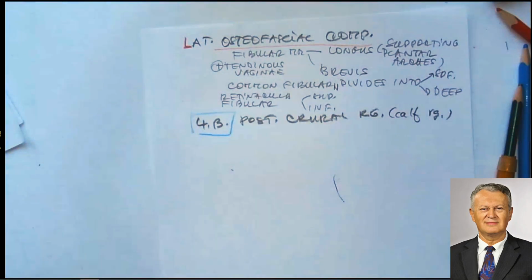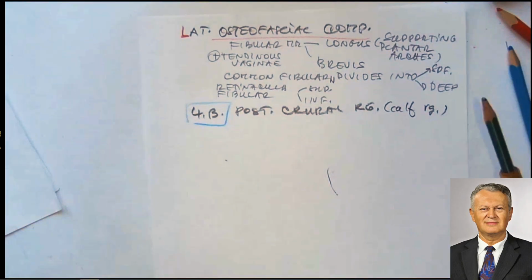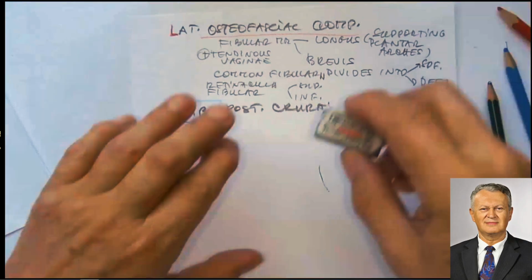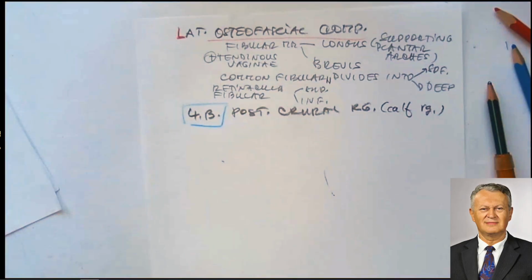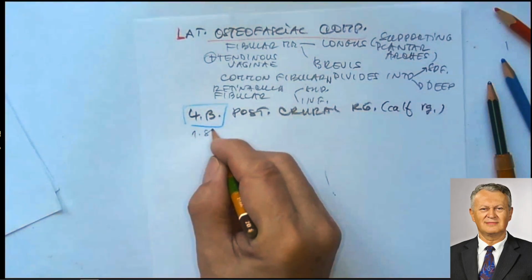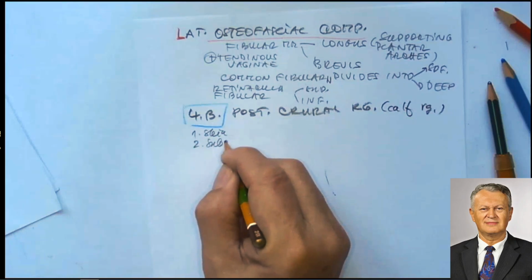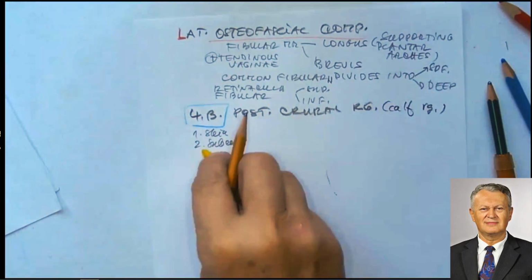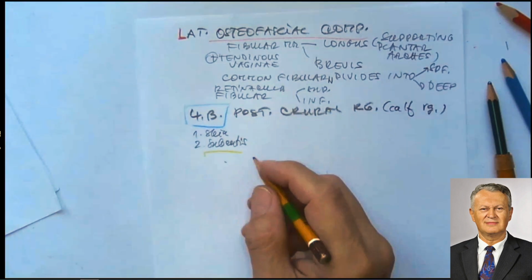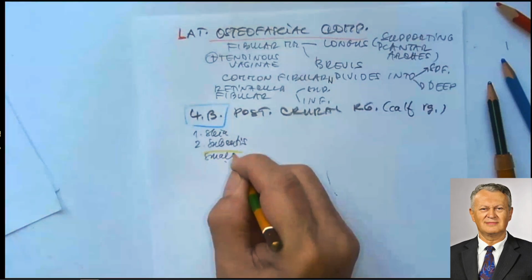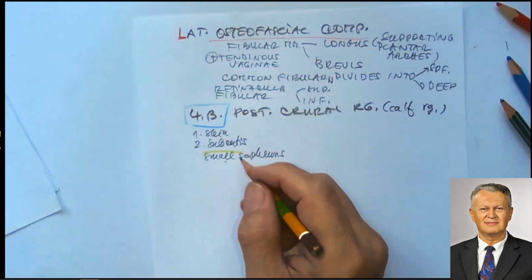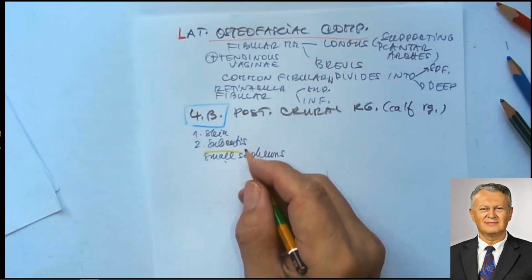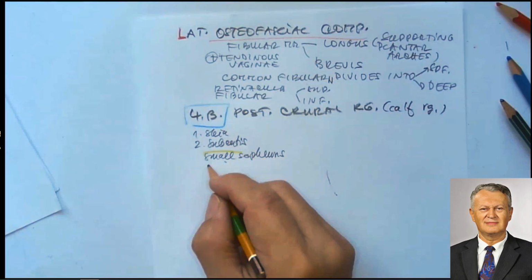And the posterior region, we see just some structures. Maybe it's not necessary to mention everything, just some words. Number 1 is relatively thick skin. Then number 2, subcutis. In subcutis, we see the small saphenous vein, then we call it the